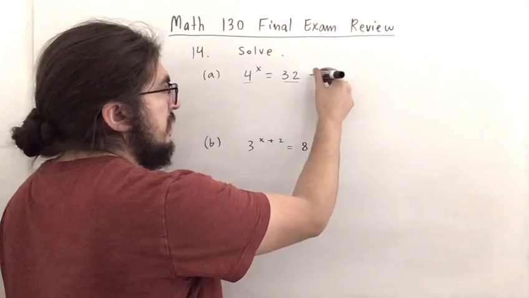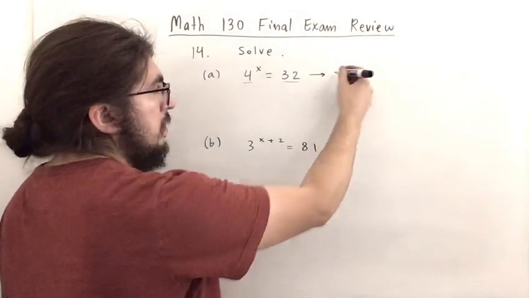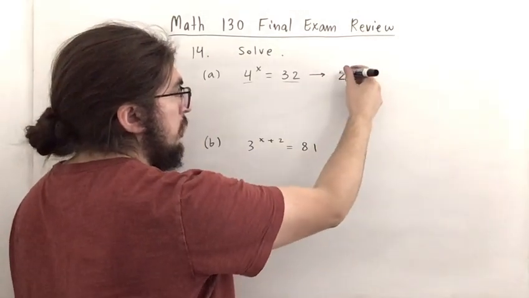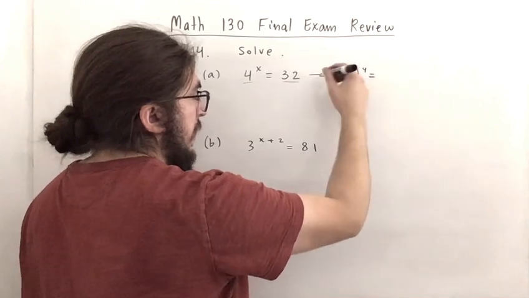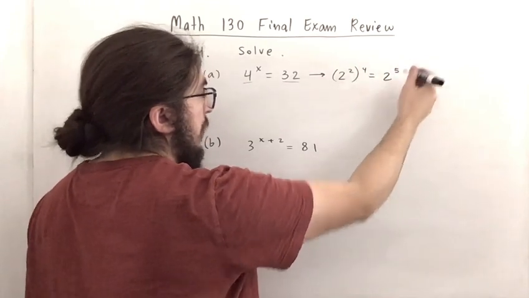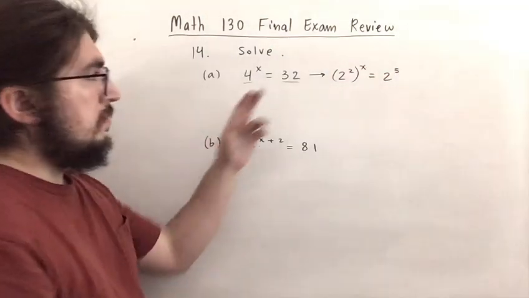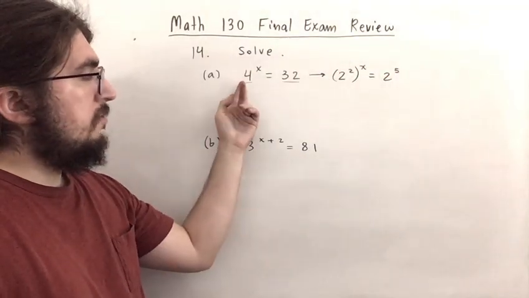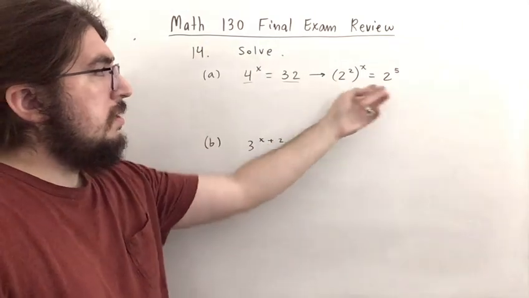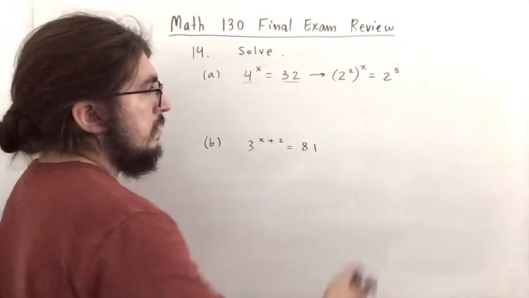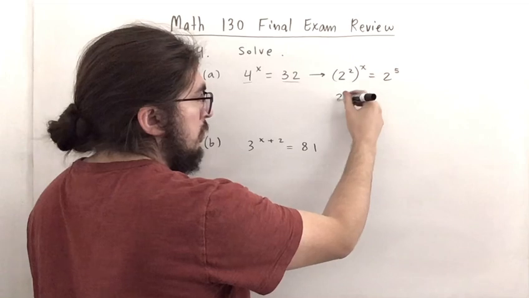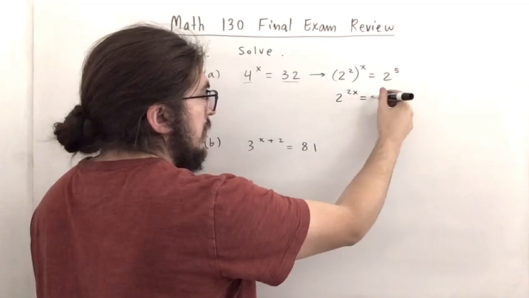It may not be super obvious at first, but once you look at powers of 2, you'll see that 2 squared is 4, and 32 is 2 to the 5th power. And that should have been an x, sorry, not a 4. So 2 squared, that's 4, so 4 to the x is equal to 32, but 32 is 2 to the 5th. So using an exponent property, we can multiply those to get 2 to the 2x is equal to 2